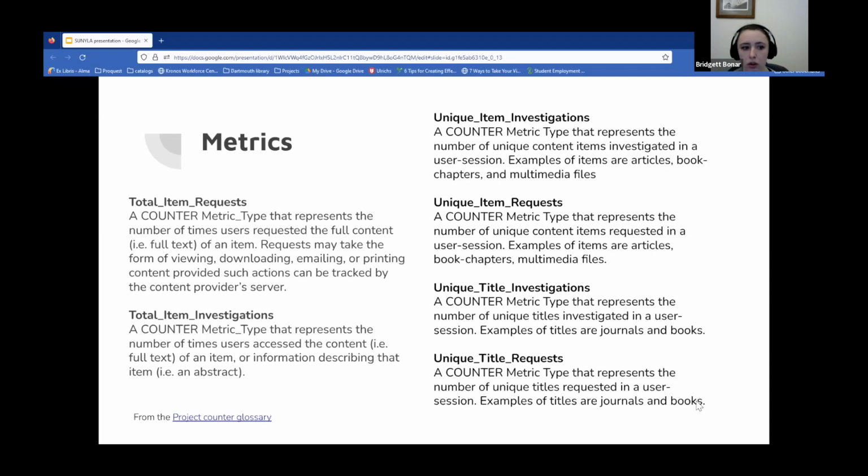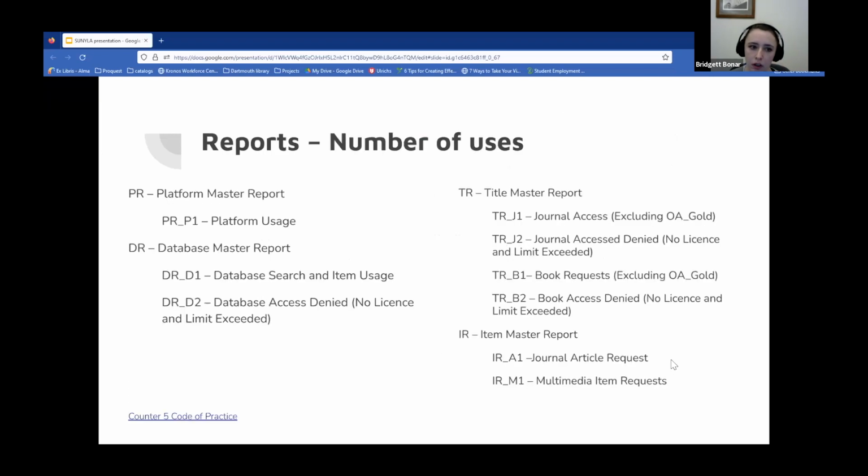You'll see that total item request is often a lot larger than unique item requests. This is in part because the platforms want you to continue to buy them. So if they say total item request 500, that's going to encourage you to buy them more. That's not to say that that's a bad thing, but it's just something that you should be aware of. And I'm going to take a look at these reports in a slightly different breakdown than I usually see them. The first is